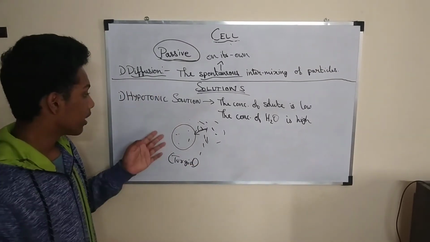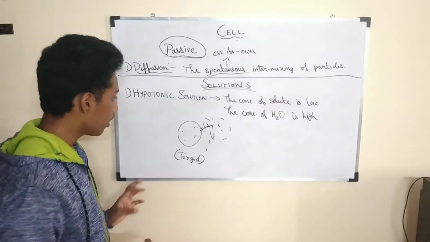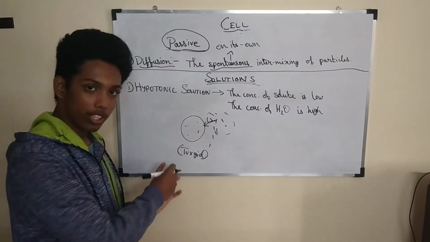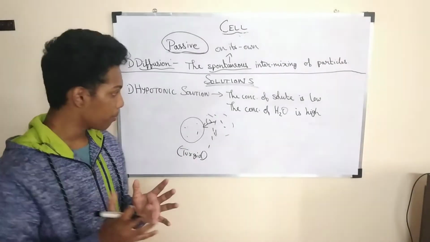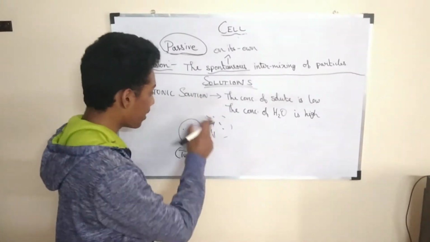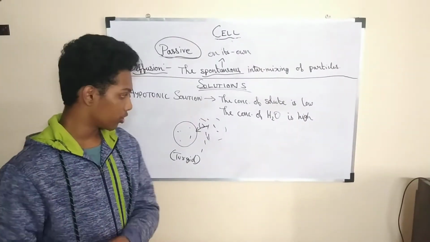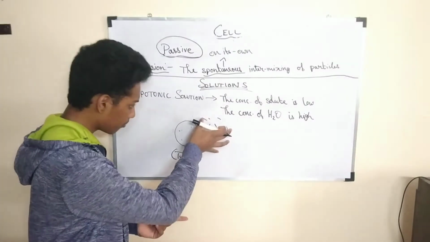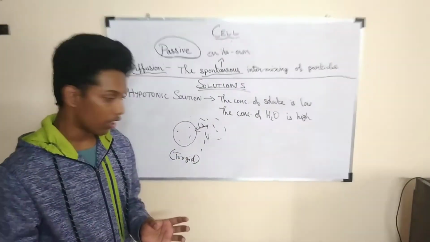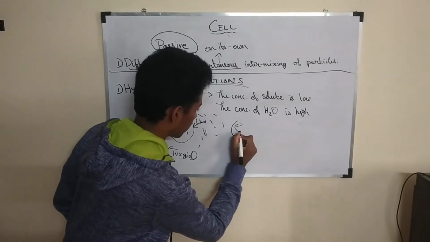Otherwise, if it was an animal cell, it would just swell up and blast, right? Because more and more water would go inside the cell, making it very big and enlarged, and it just blasts off. So there will be an excess of water. And as we discussed, in the types of osmosis, if this movement goes from the surroundings to inside the cell, it would be termed endosmosis.